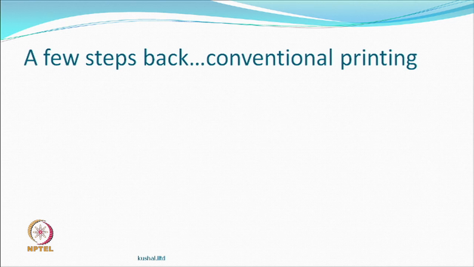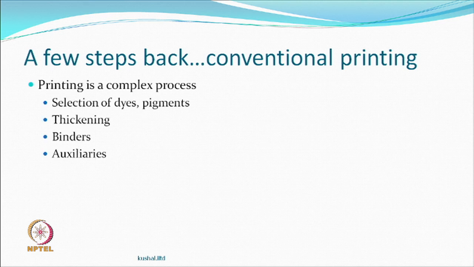So, we continue from where we stopped, and we'll take up a new topic, and therefore, let us go a few steps back. We did realize that printing is a complex process. It involves selection of dyes based on the fibers or the pigments, then the thickening agents, various kinds of thickening agents. You had to worry about the rheology, you had to make a stock thickening, you had to add various compounds there which should not affect the thickening or the aging property or the time with which it can withstand